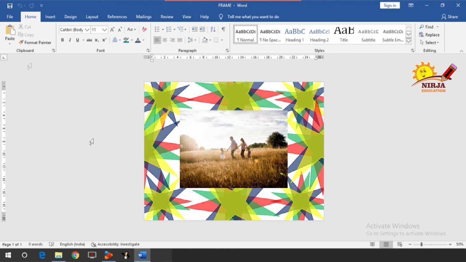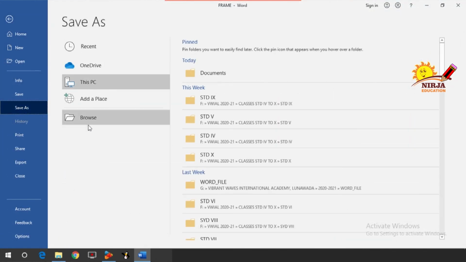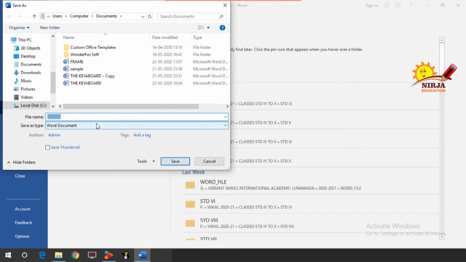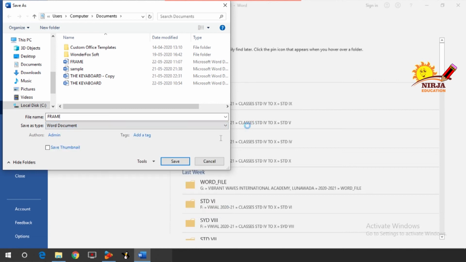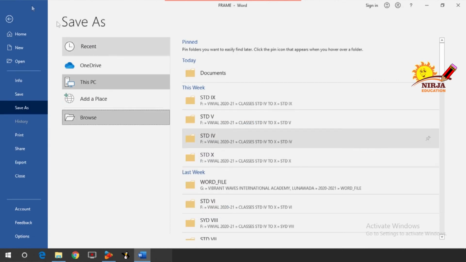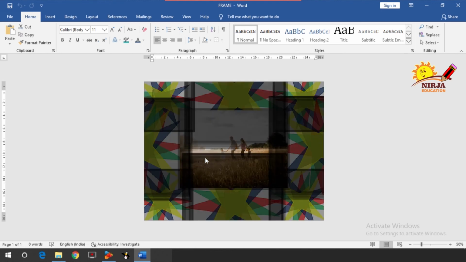Now we will go to the Save As option, and as you can see here, JPEG format is not there. So we'll cancel this one, get back to the document and select the entire thing which we have prepared on the document. So Ctrl plus A. Then we are going to copy, Ctrl plus C.